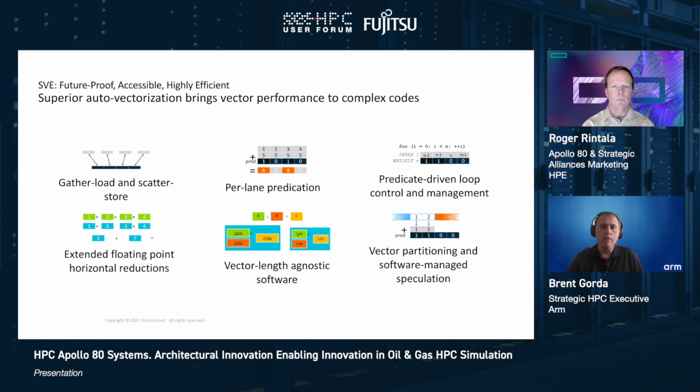which in the case of ARM's V1 architecture is a 2x256, but in the case of the Apollo 80, it is a 2x512 implementation. That same binary runs on both of those architectures because the software does not encode the vector length in it. That helps a lot of ISVs ship just a single binary for the different ARM platforms